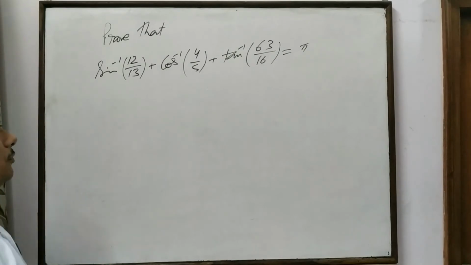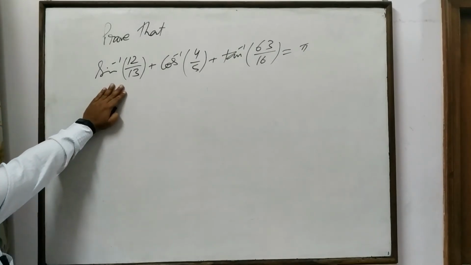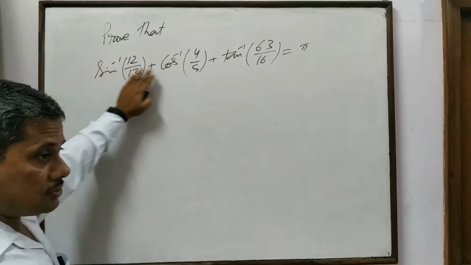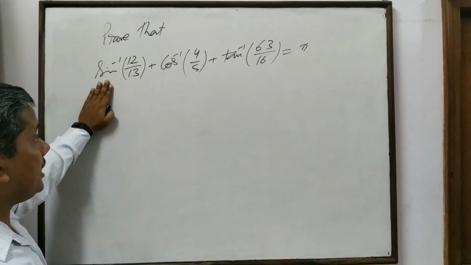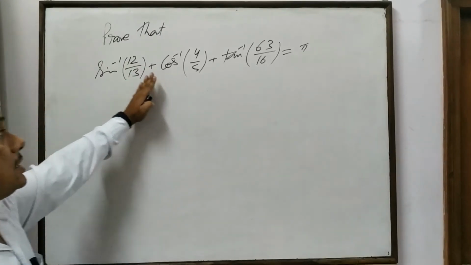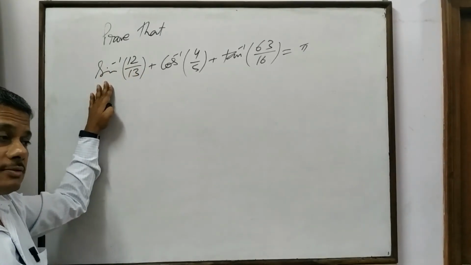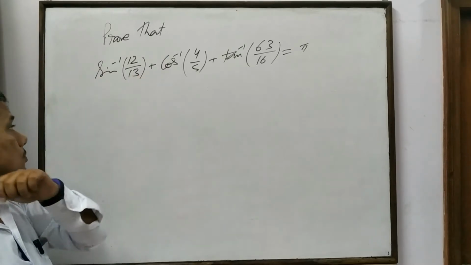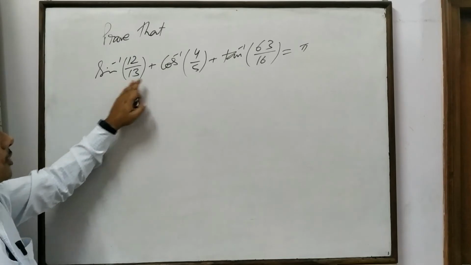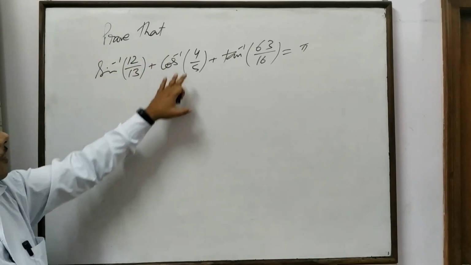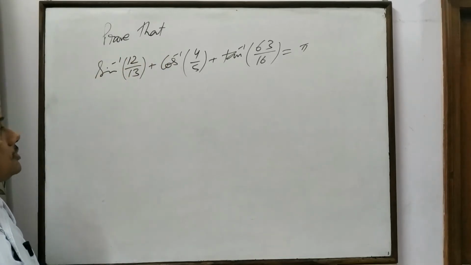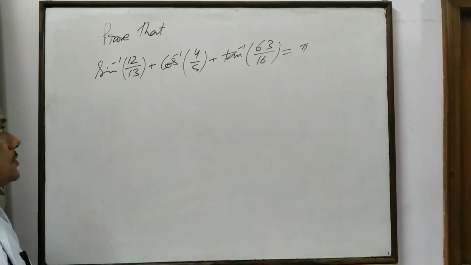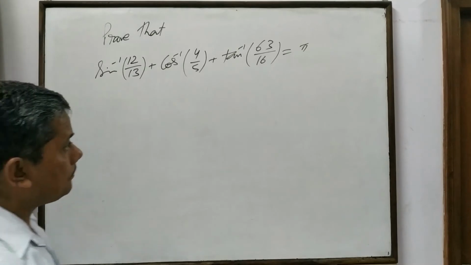Now, we know the formulae where we can add sin inverse x plus sin inverse y, or cos inverse x plus cos inverse y, or tan inverse x plus tan inverse y. Means sin inverse can be added to sin inverse, cos inverse can be added to cos inverse. Sin inverse cannot be added to cos inverse. So for solving this, convert all the inverse trigonometric functions, sin and cos, to tan inverse. How will we do that? See,